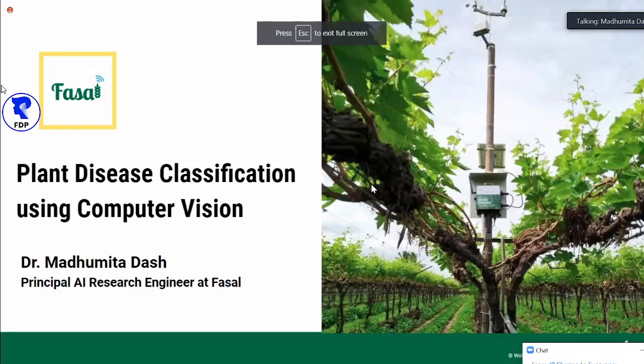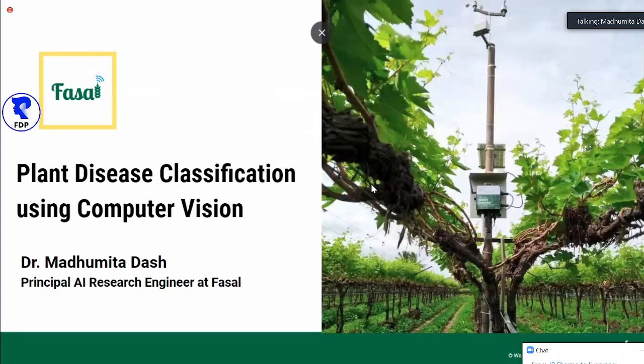So I work for Fasal, an agri-tech startup and a pioneer in precision farming in India. We are an IoT-based, AI-powered platform, and we provide very precise, by which I mean very farm-specific and crop-stage-specific, advisory to horticultural farmers.